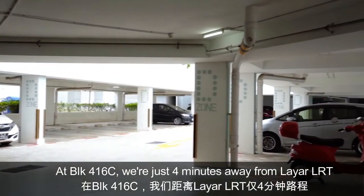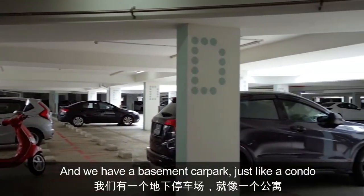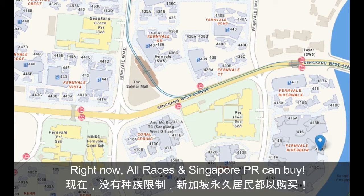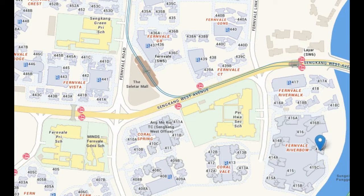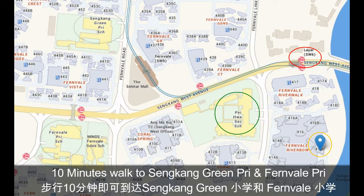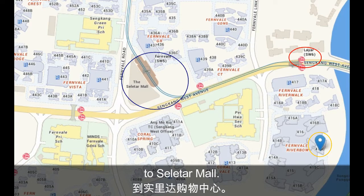At Block 416C, we're just 4 minutes away from Layar LRT, and we have a basement car park just like a condo. Right now, all races and Singapore PR can buy. Our estate is also right next to Pei Hwa Secondary School, 10 minutes walk to Sengkang Green Primary School and Fernvale Primary School. And for your shopping needs, we're also within walking distance to Seletar Mall, and right beside it,